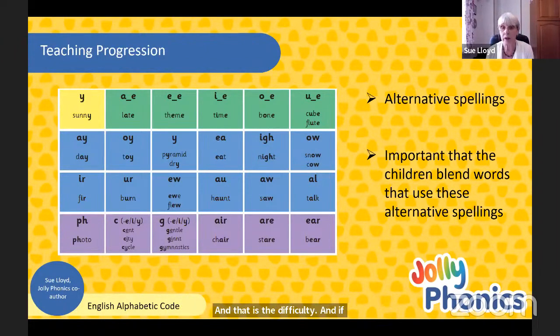And if you're doing dictation and you have one of these words, you can say to the class, which one do you think it might be? And see if anybody comes up with it. But basically, with the knowledge of them and with reading a lot of books, the children develop the spelling. But spelling is always much, much harder than reading. And spelling requires far more memory. So a child who's got a really good memory will end up being a very good speller. And the child who's got a poor memory has to work much harder at their spelling. It is much more difficult. So